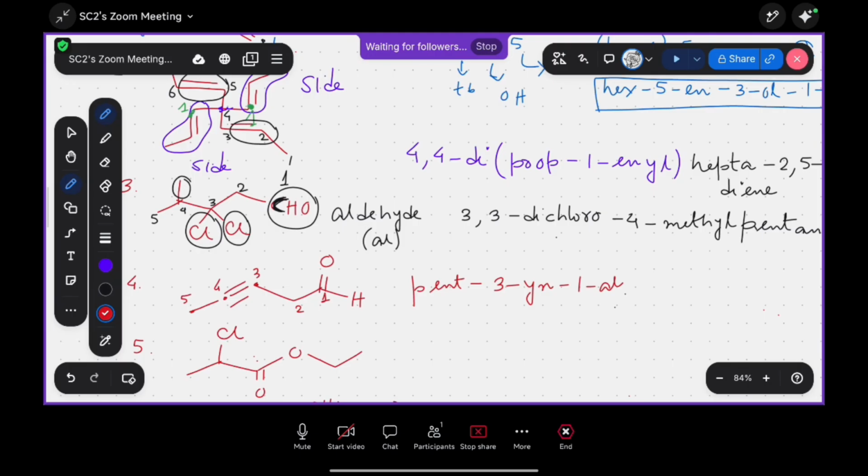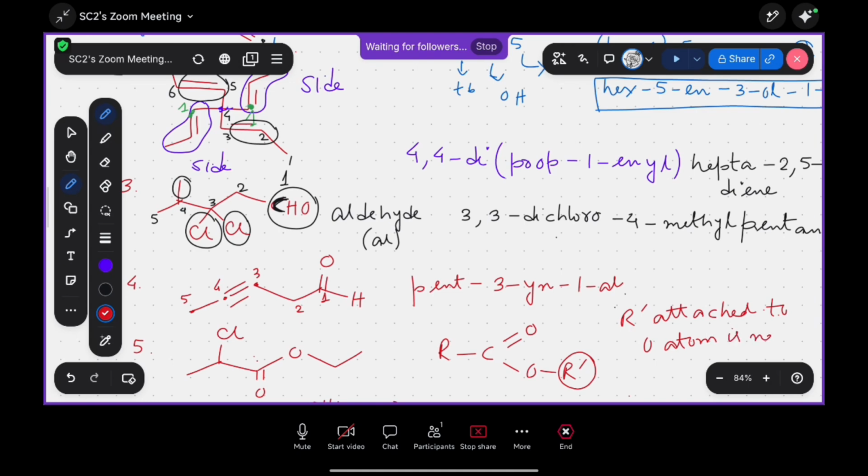What do you see? In the fifth example, this is an ester functional group. The ester functional group looks something like this: R, C double bond O, O, R dash. How to understand this? With the oxygen atom, another alkyl group is present. And how do you write the name for such compounds? The alkyl group R dash attached to the oxygen atom